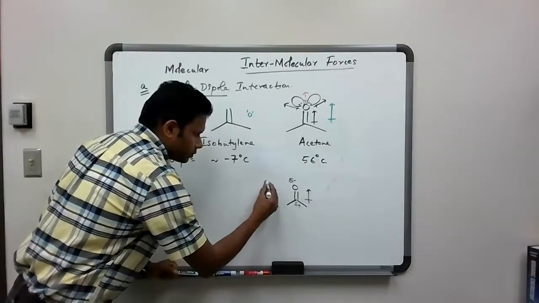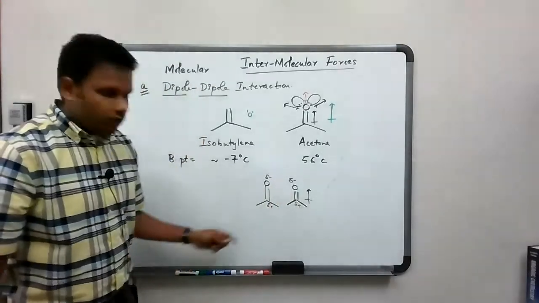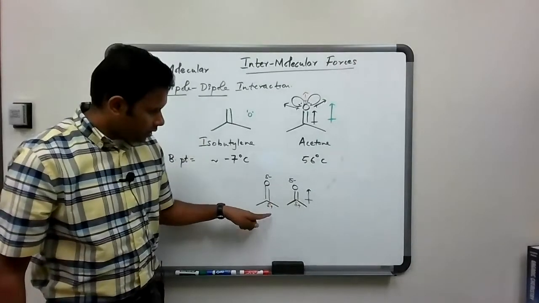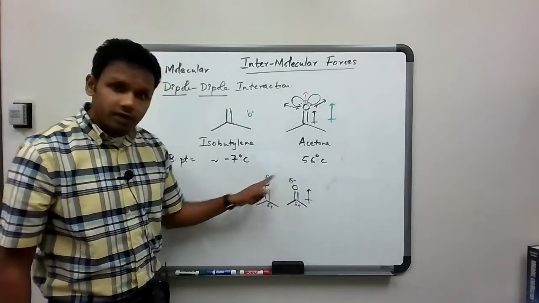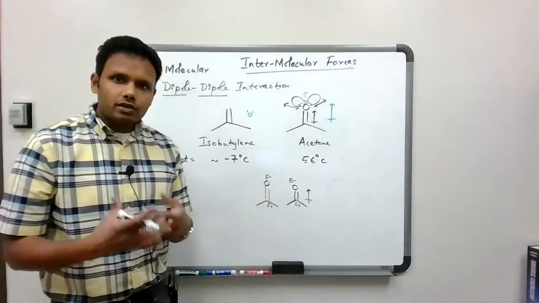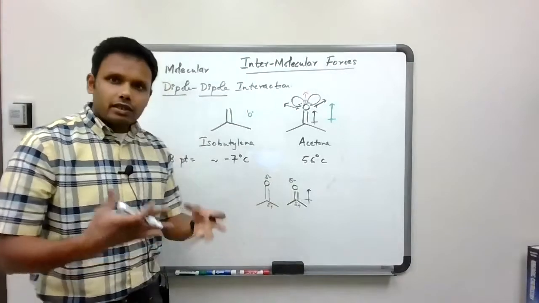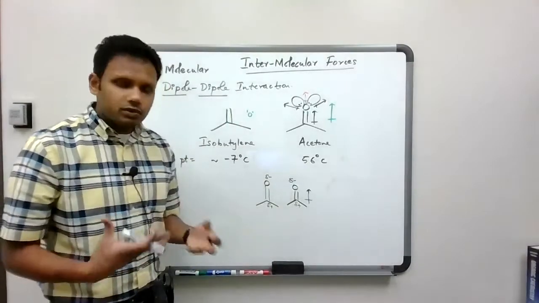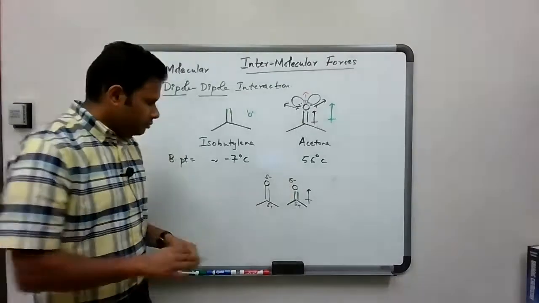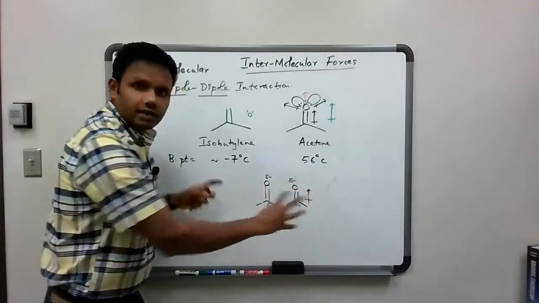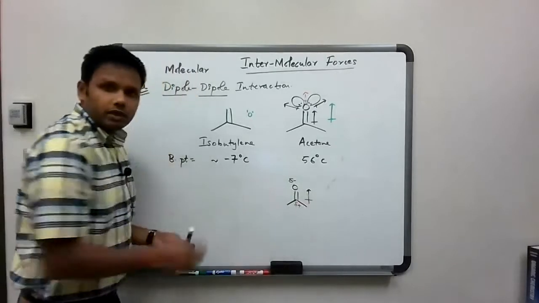So if we have another acetone like this right next to it, this also has a del positive here and a del negative here. What I would notice is that in this situation, we have partial positive, partial positive, partial negative next to each other. What do like charges do to each other? Going back to basic chemistry or physics, you know that like poles repel. So this positive is going to repel that positive. This negative is also going to repel that negative. That means this acetone molecule is going to feel repulsion. Both of them are going to feel repulsion, but they don't have to be oriented like that.